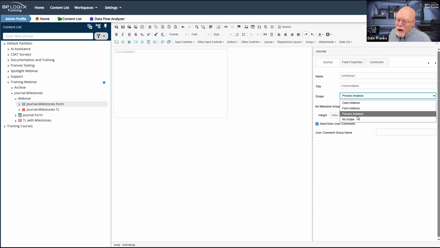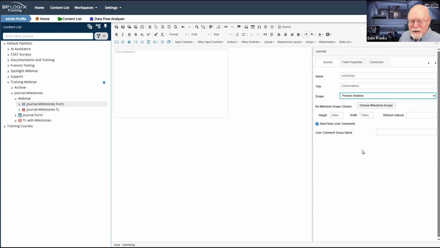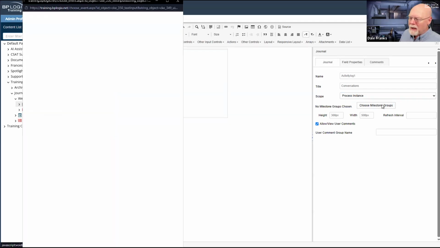Irrespective of what scope we set, and in this case, we're going to set process instance on our scope because we are going to be making some milestones, both on the form and on the process timeline. There is one more limiting factor, and it is that button I clicked a little bit earlier, the milestone groups button.